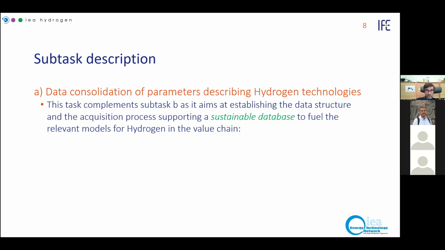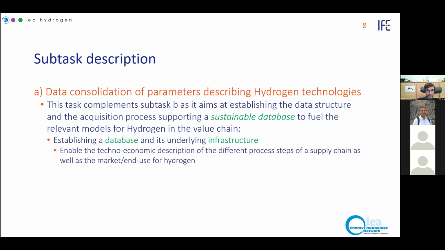We are going to establish a data structure and an acquisition process in order to obtain or to generate a sustainable database, so that this can be used for modeling or for different models that model hydrogen in the value chain. So like I said, this is about establishing a database and all the underlying infrastructure,